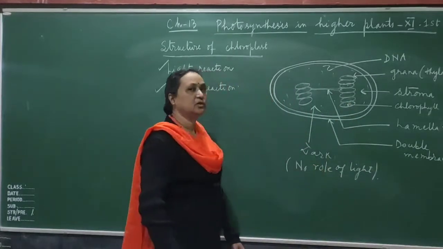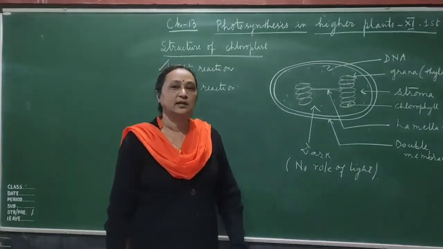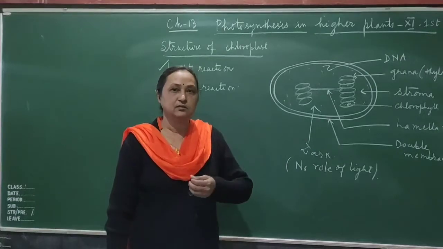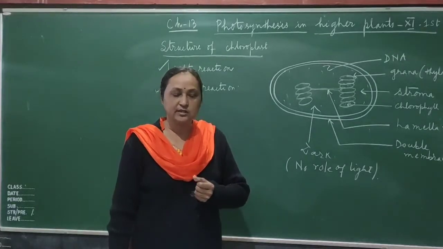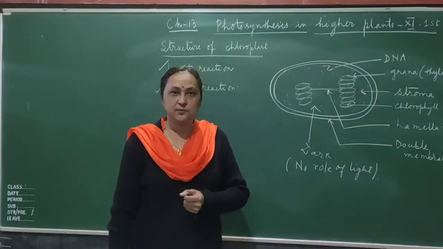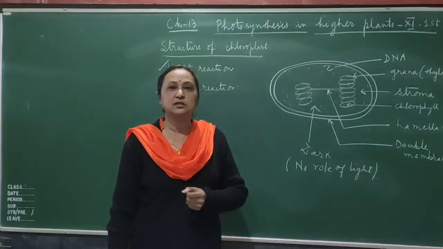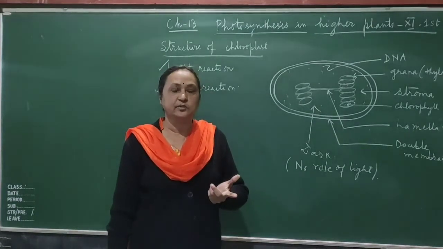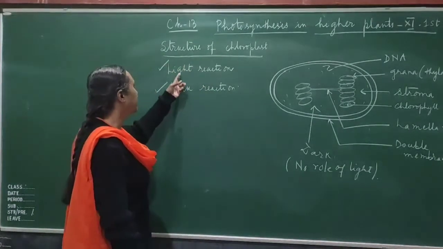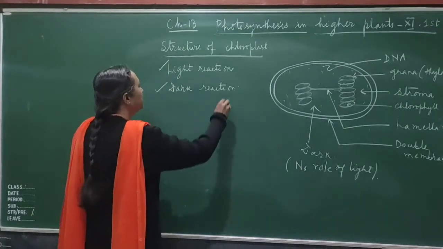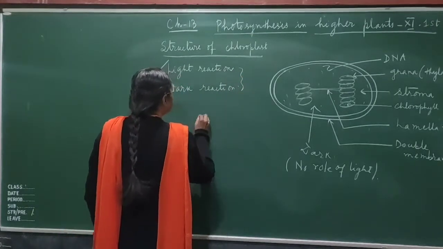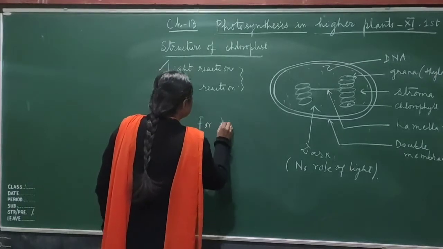So all the chlorophyll molecules which are there in the grana act as trapping centers. They are trapping the solar energy. They have the ability to trap the solar energy, and by using that energy, they are changing it into ATP. So that is the difference between the dark and the light reaction. And both these reactions are necessary for the formation of glucose.